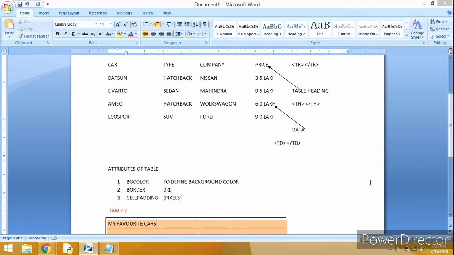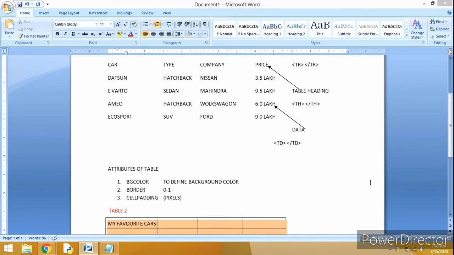All the images which you view on the screen are made by small dots. These small dots are known as pixels. If the dots are very close to each other, you will get a high quality image or picture. That we used to say is a very good resolution. So we define the cell padding in the form of pixels.